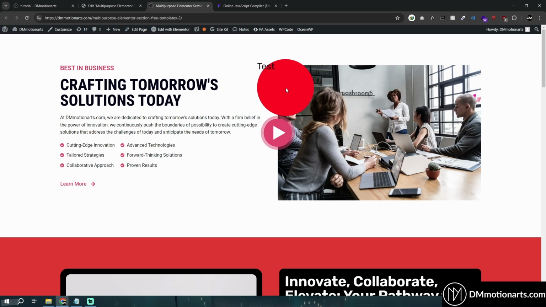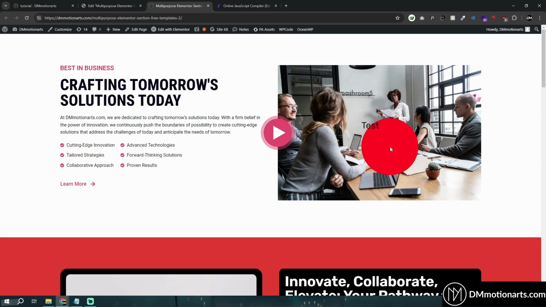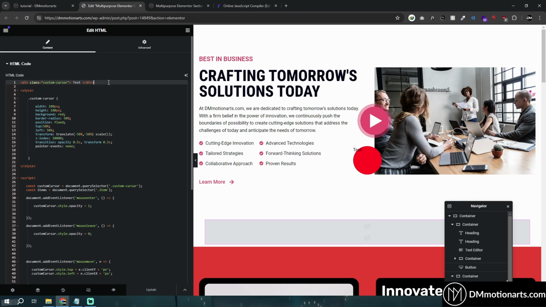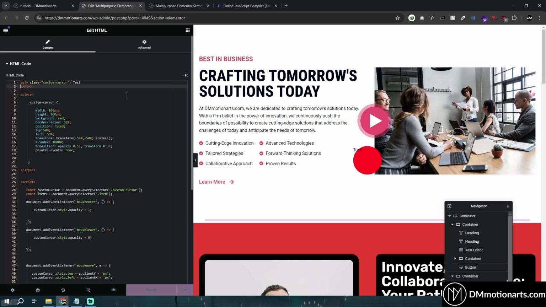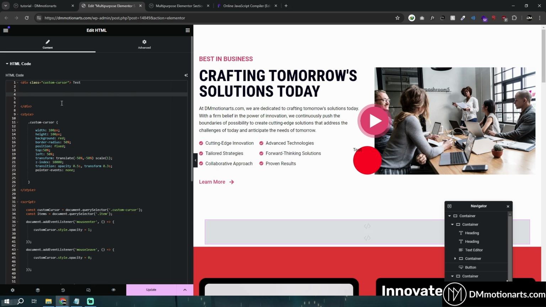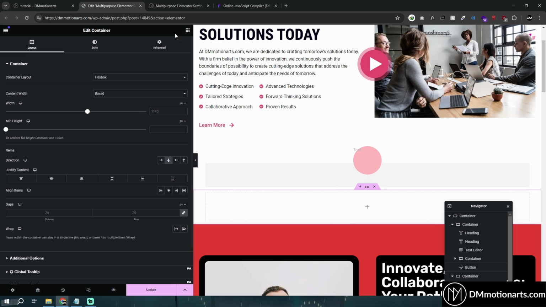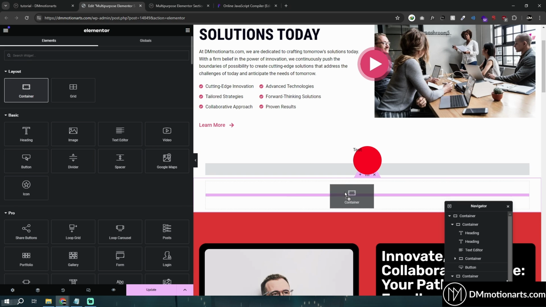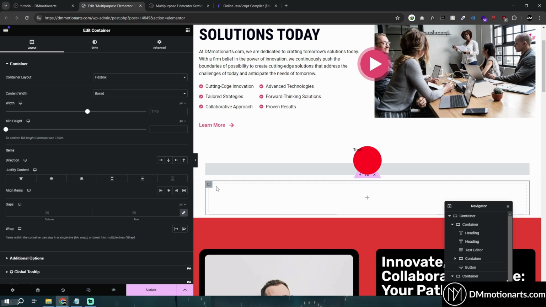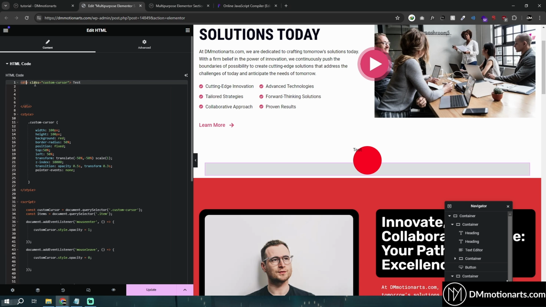So now let's do another thing. Now I want it to have an icon inside of this one. So what we are going to do is make this a div. You can see I added a space between this slash div, because right now this is the same as adding a container and then adding another container inside, like this. So this one is a div and this inside is another div. So we added a div, and inside of this we will add another div,